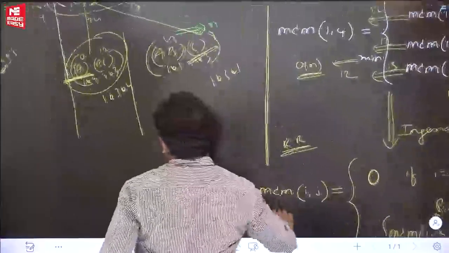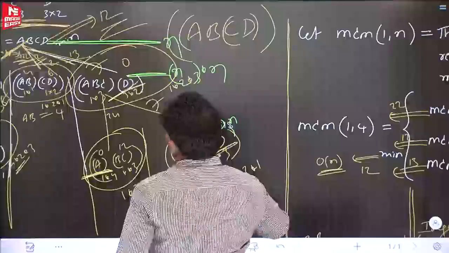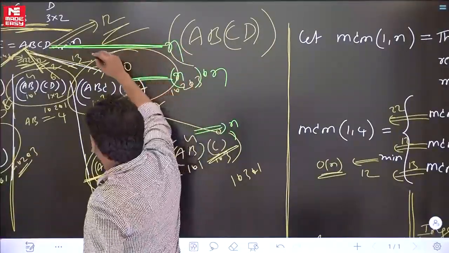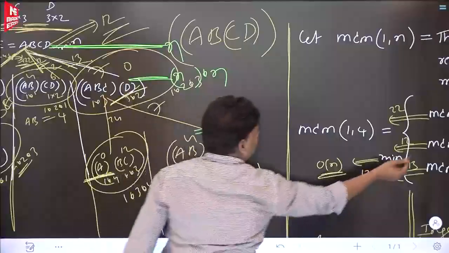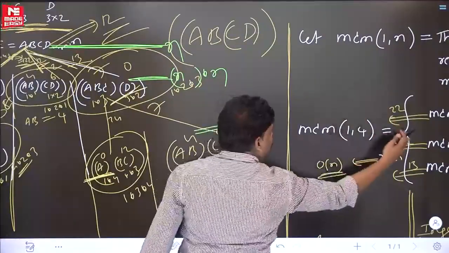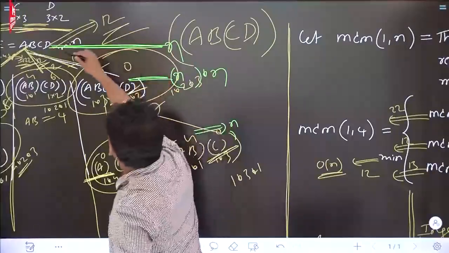See the next one. This also you will listen. Can you help me with one small line now? First level, how many function calls? One function call. One function cost is n. See this one: minimum of n people, finding it takes n time. So one function cost is n time.